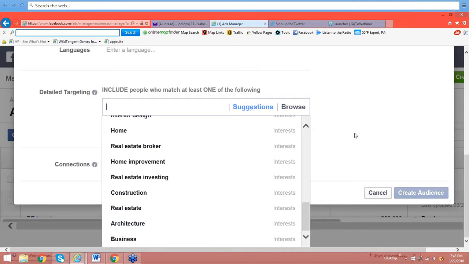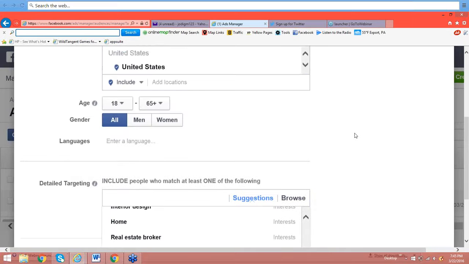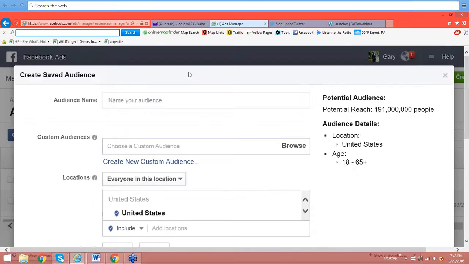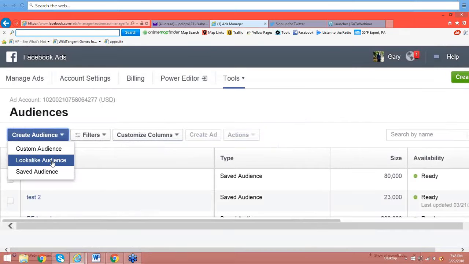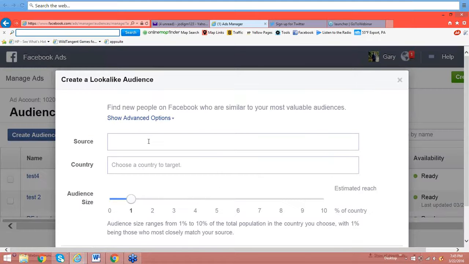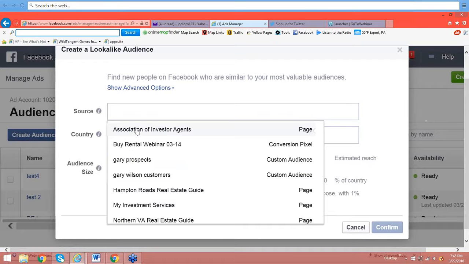Okay, good. And by the way, on the lookalike audience, I don't know if you want to show that, I just want to explain what that is better for people. Let's say you have a group of people on Facebook that you've been working with, and it's working well for you. You're generating some commissions from that group. You can go to lookalike audience and click on that and plug in the name of the audience you're working with. Like here's a whole bunch of them here. And then what you can do is tell Facebook to create another audience that looks just like that, the same characteristics, same demographics, social graphics.